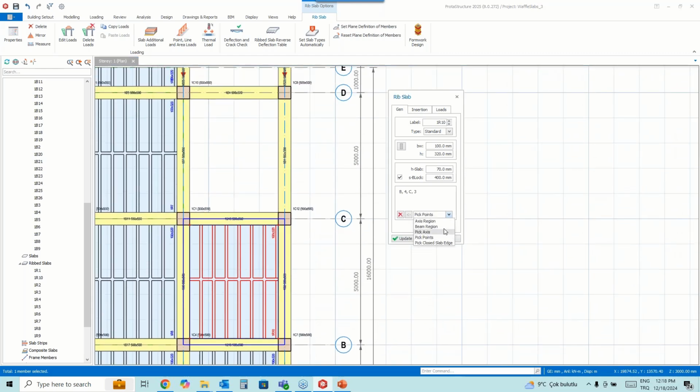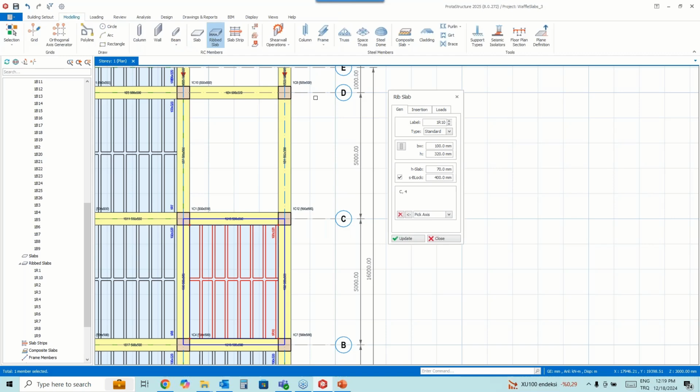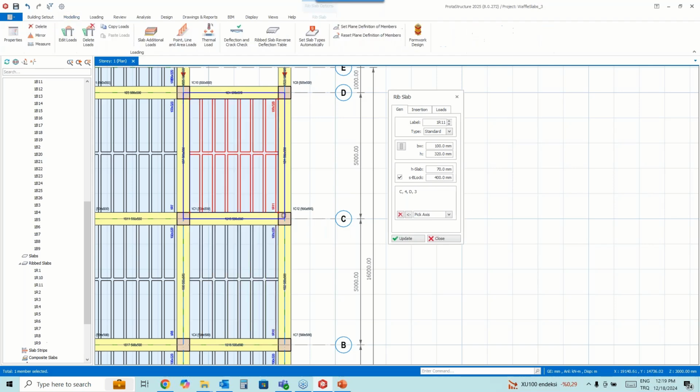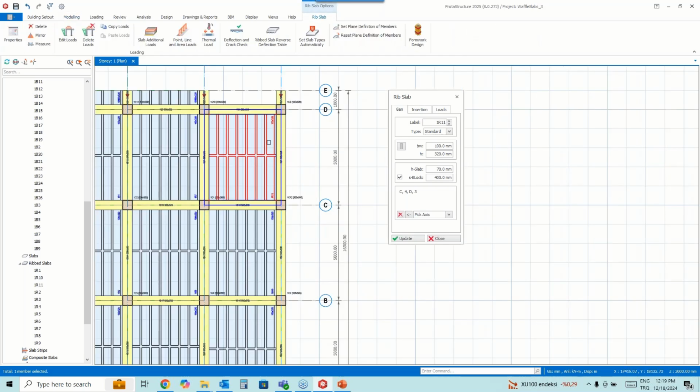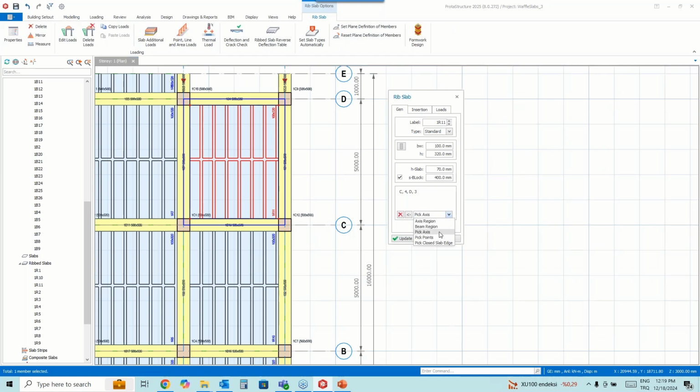Also, you can use other methods such as, for example, pick axis. So you can simply pick axis in an order, consecutively actually. So then the rib will be generated just like this. And lastly, here we have a single axis region, so you can use, for example, the axis region option for this part.